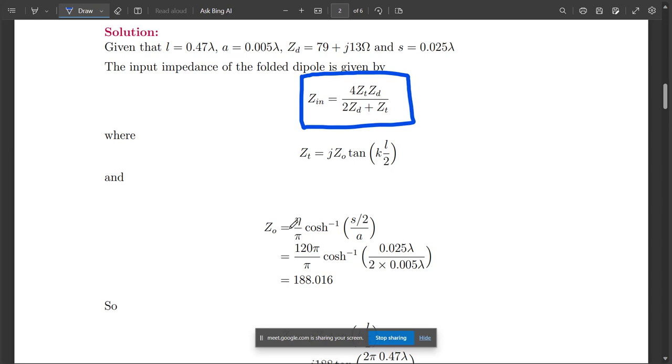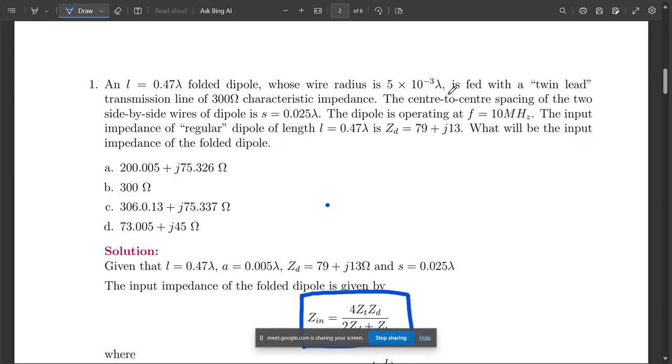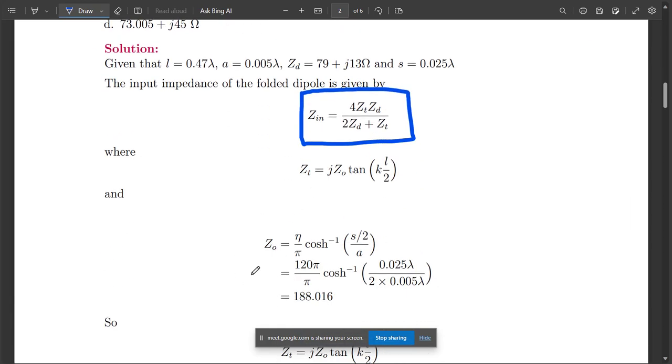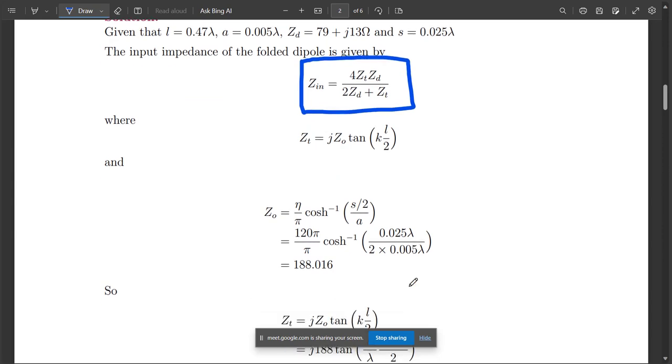First, what you have to do is find out the characteristic impedance. Here the characteristic impedance is not given for the folded dipole. Twin lead transmission line's characteristic impedance is given, but the folded dipole's is not given to you. It's given that it's a side by side wire with a center to center spacing of 0.25 lambda. So spacing is given, but characteristic impedance is not. So first you find out the characteristic impedance and then put it in the